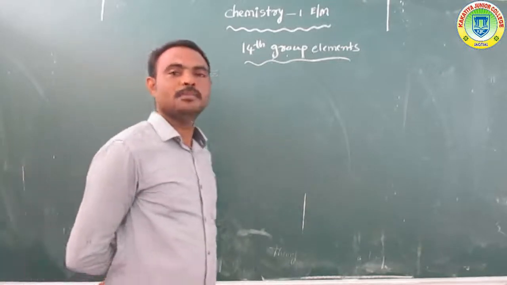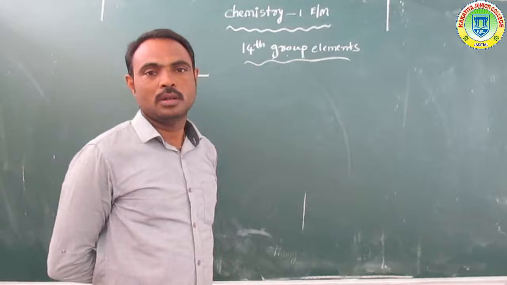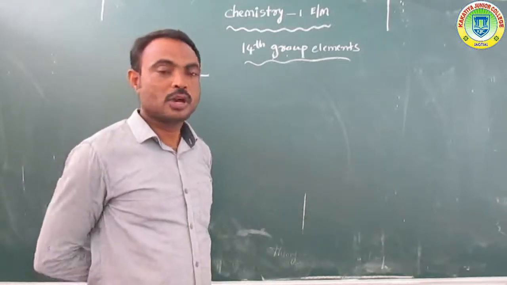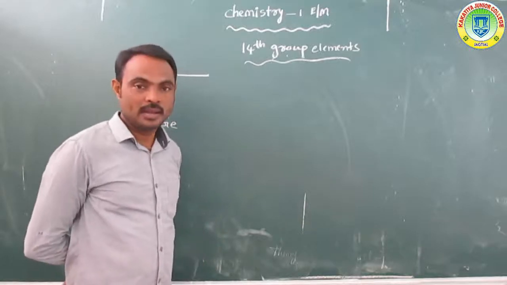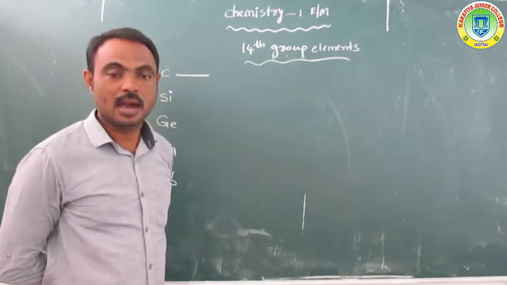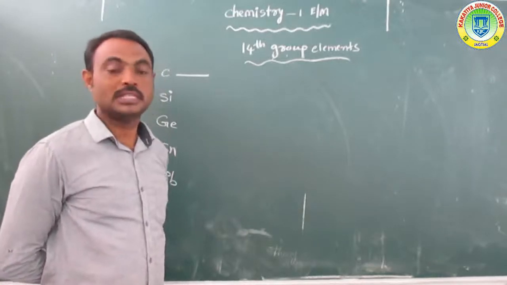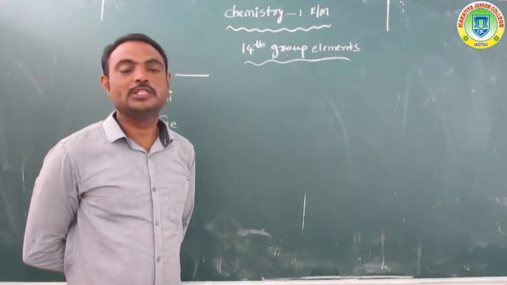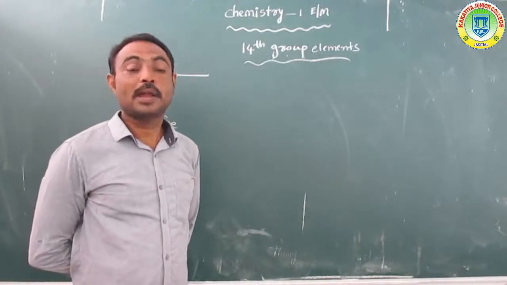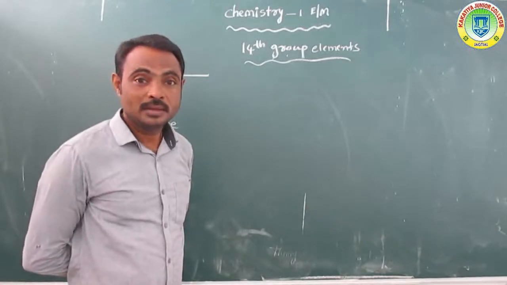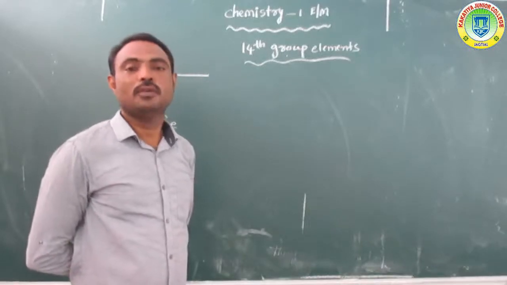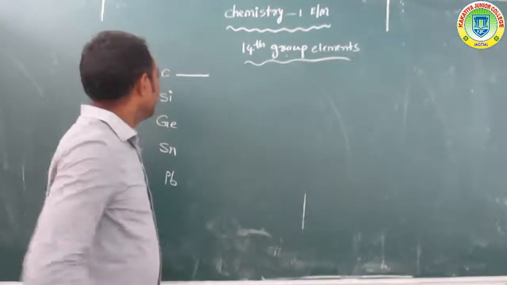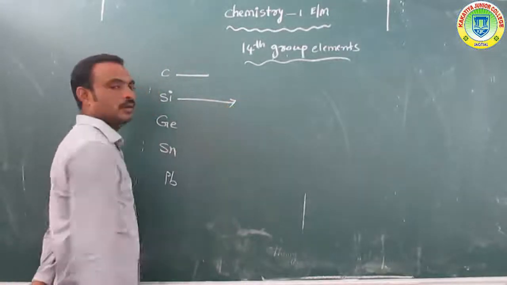At the same time, carbon is available as isotopes. Already we know carbon 12, carbon 13, carbon 14. These are all carbon isotopes. The carbon 14 isotope is used for carbon dating, that is, to discover the age of organic materials.